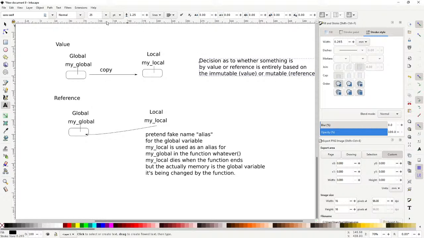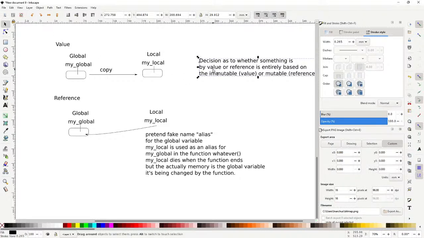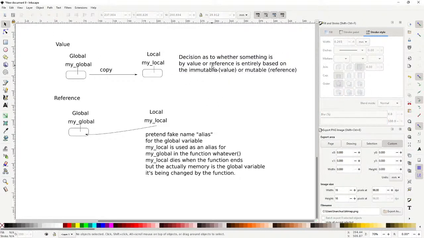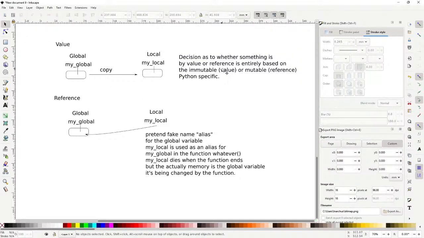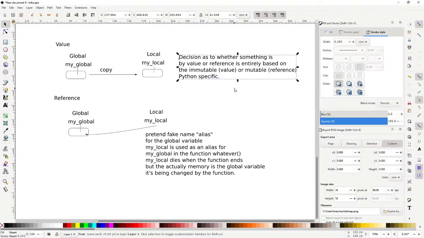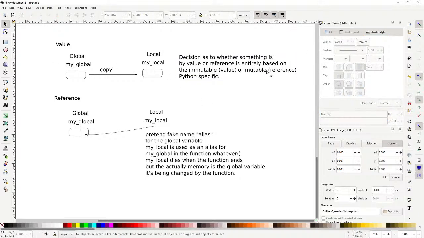So this does not carry over to all other languages, right? This is a very Python-specific thing. In other languages, there are other ways to handle it. Every language has its own little way of handling it. This is just what Python does. They've kind of said that anything that's immutable just always makes a copy. Anything that's mutable does this behavior. So, yeah, okay.